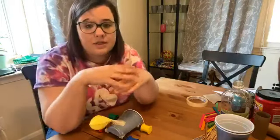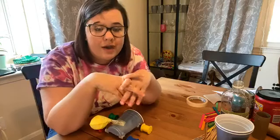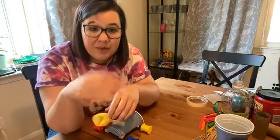So I'm going to keep adapting with this, and I want you girls to keep adapting with the cars that you have to create your balloon car, and I can't wait to see what you guys have